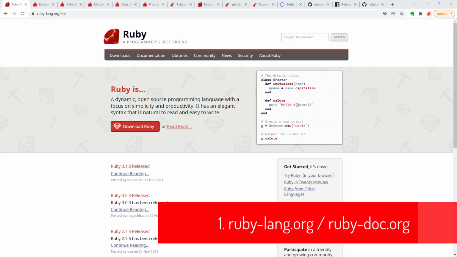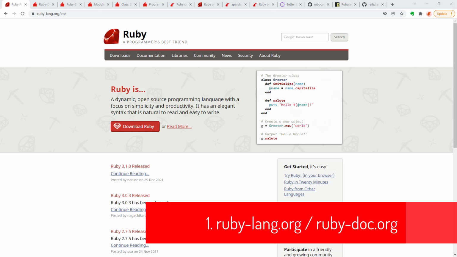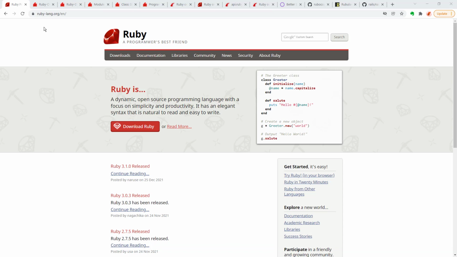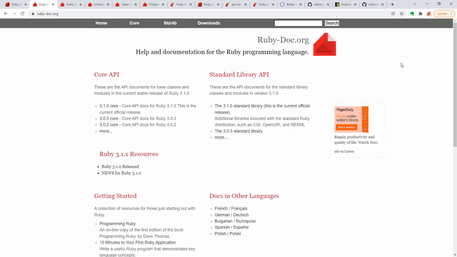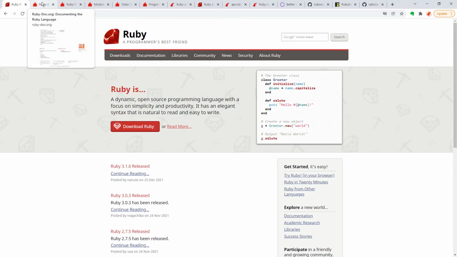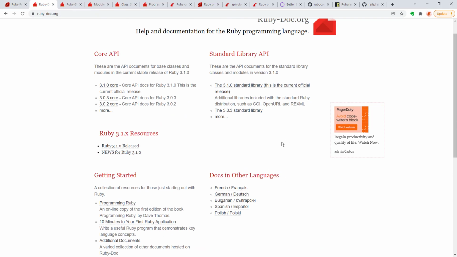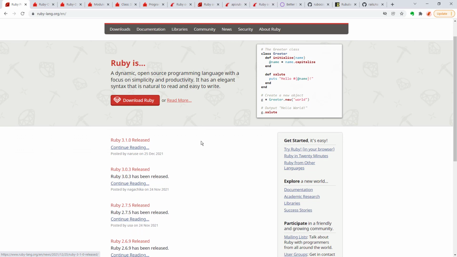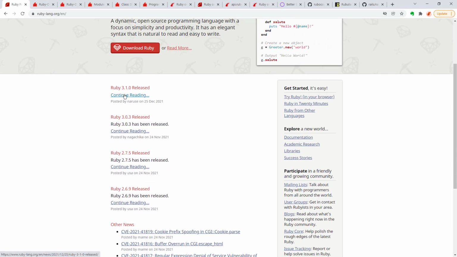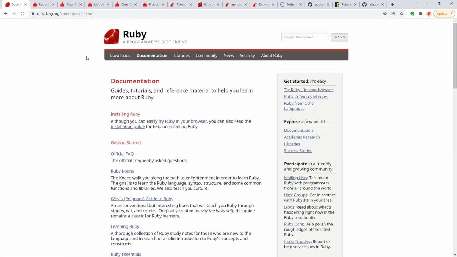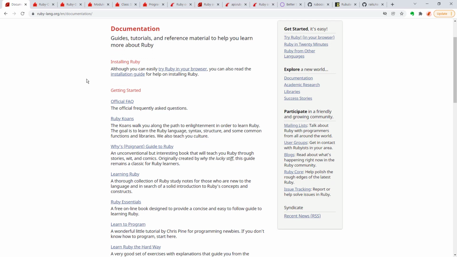Let's get started. The first website I'm going to talk about is actually 2 websites with very similar or redundant information. So we have rubylang.org, which is the official Ruby website, and we have rubydoc.org, which is actually maintained by an individual, but it has a lot of the same information as rubylang.org, just compiled and presented in a different way. So here on rubylang.org, you could find out what the latest Ruby release is and learn about the changes between releases, and most importantly, it has full and complete documentation on everything that you would want to know about